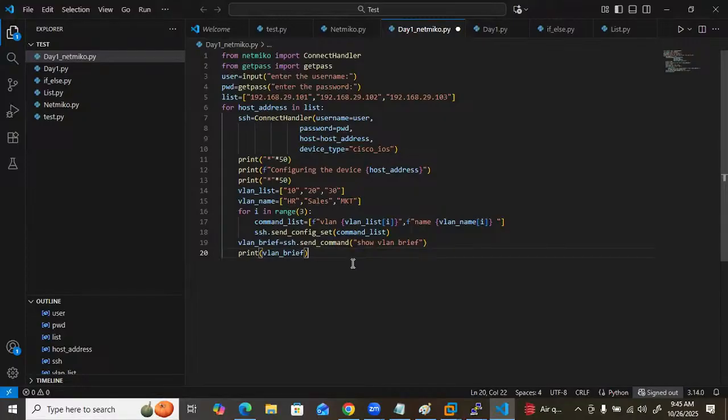The SSH dot send config set or send command must be there. Yes, that SSH must. If you are going to execute any command which throws output, then you'll use the send command. If you are going to use any command which configures the device,